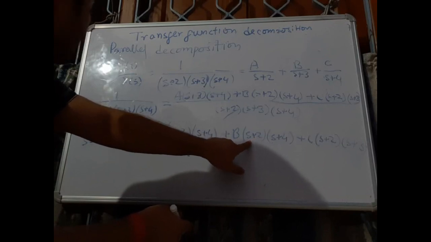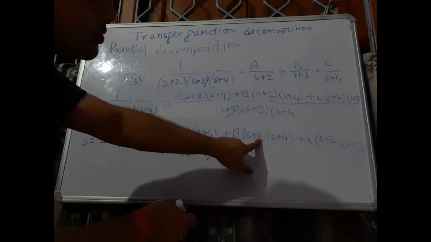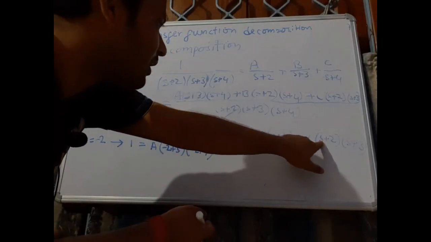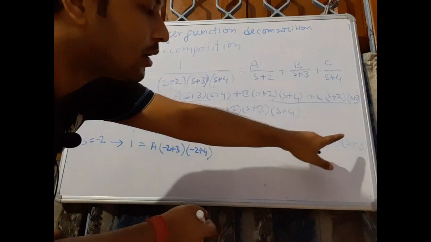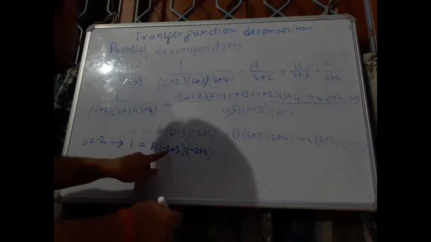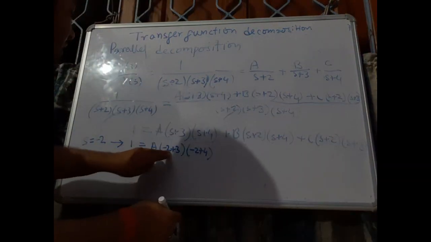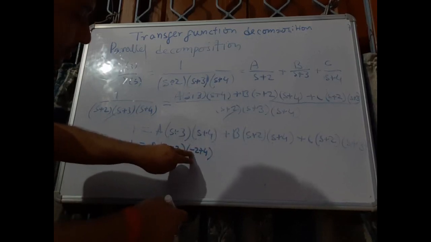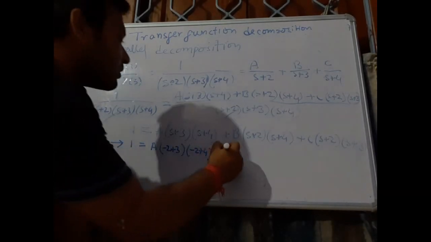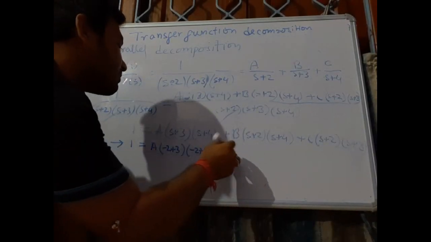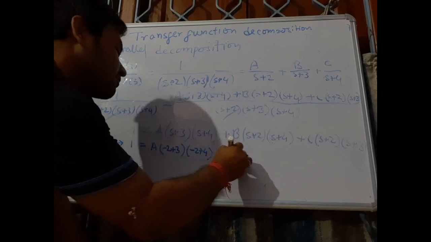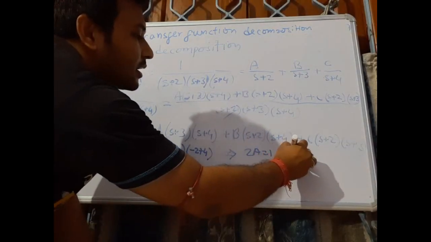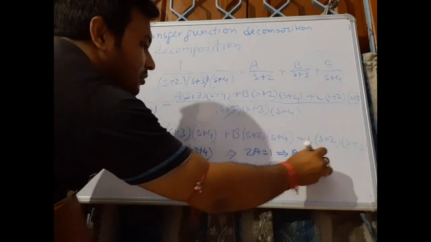In this equation, we have minus 2 plus 2, this is 0 and the whole part will be 0. Here also minus 2 plus 2, the whole multiplication will be 0. So ultimately this is it, and this is 3 minus 2, 1, 4 minus 2, 2, and from this we have 2a is equal to 1, and that is a equals 1 by 2.